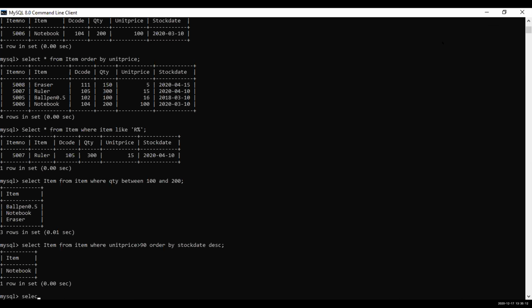Select item from item where item like. Five letters, length should be 5.